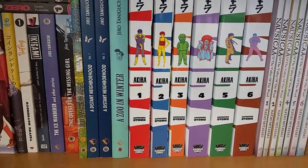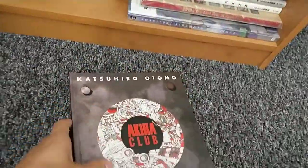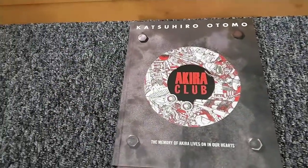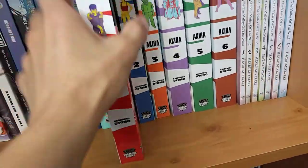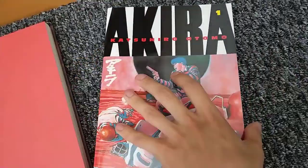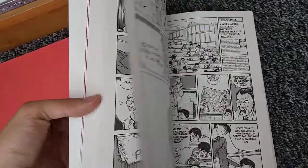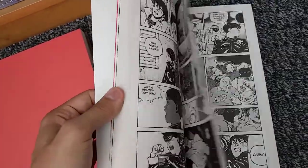Besides that, we've got Akira, volume 1 to 6. And down here we've got Akira Club, which I actually bought before I bought the manga because I saw it cheap and I was like, you know what, I'm going to get Akira one day. Let's get this now. But I'm actually glad I did because these volumes, they're quite squished in there, actually read without interruption. They've cut out, I think Kodansha released this, they've cut out all the chapter introduction pages,